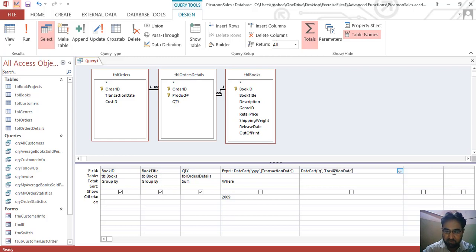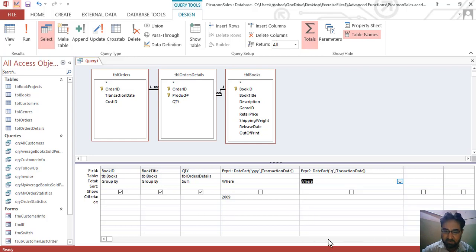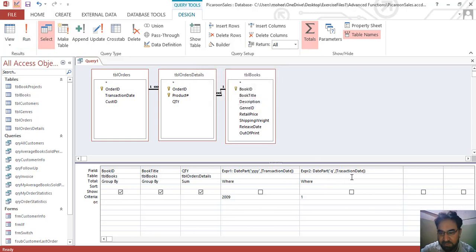Close the square bracket, close the parenthesis, and give again the Where clause, and we want here quarter 1. We have limited our data, and now when we run the query, again there is a mistake.